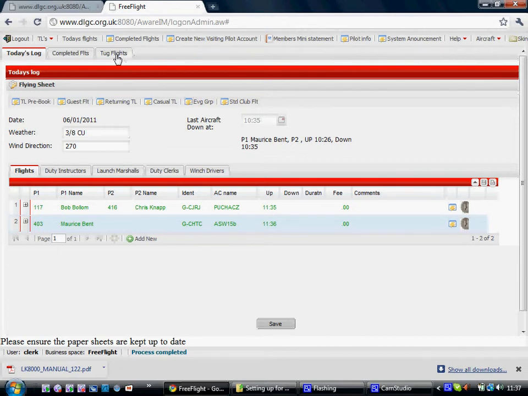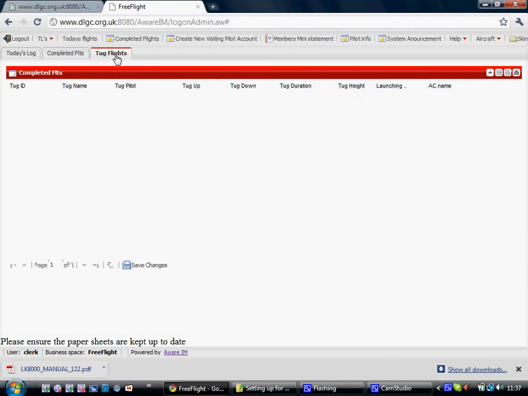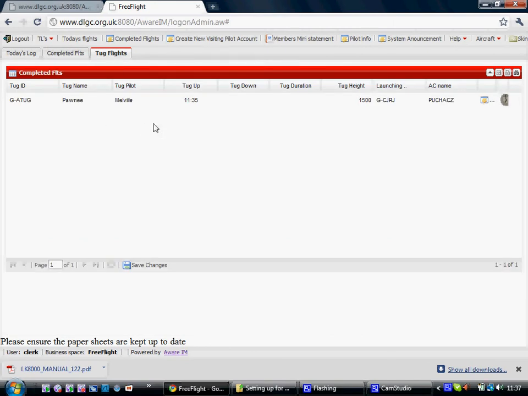So we have a special tab at the top for tug flights, which we click on, and we will see immediately that the Pawnee flown by Andy Melville, which has got a tug up time based on the original click of the clock, is there on its own. To land it, we just wait for it to stop moving and click the clock again, and at that point the tug down time comes in. Now you'll see at this point, because we don't know the actual pull-off height, that the base height has been used, and that's one of the parameters that you set up when you first set up the Aerotow module. So get back to today's log,